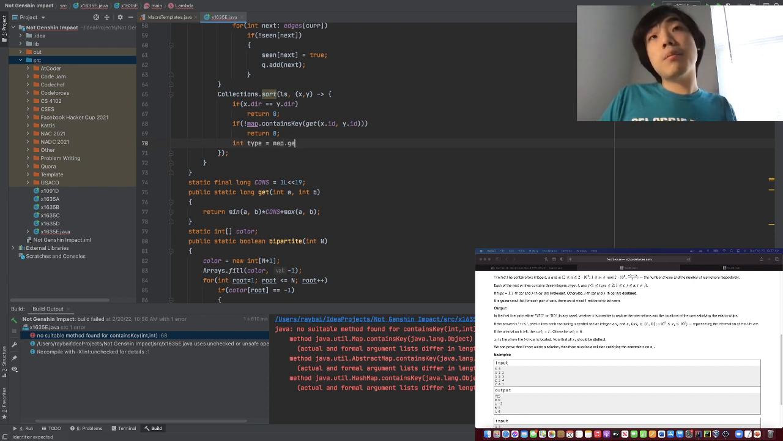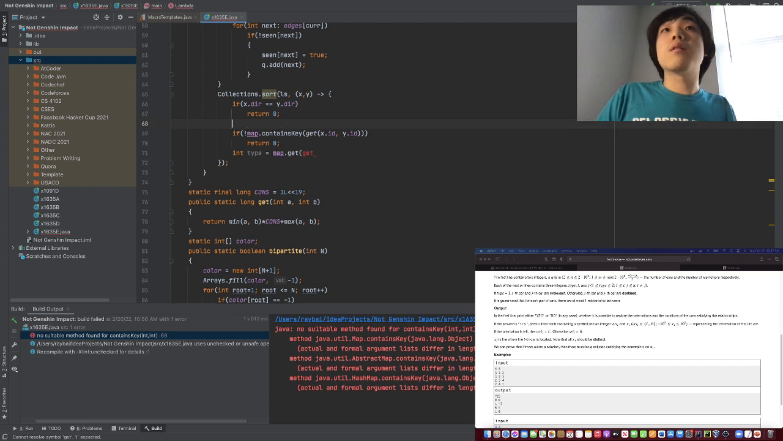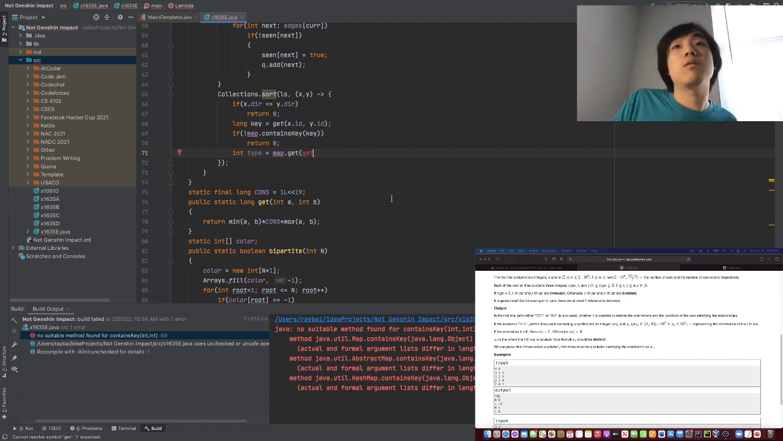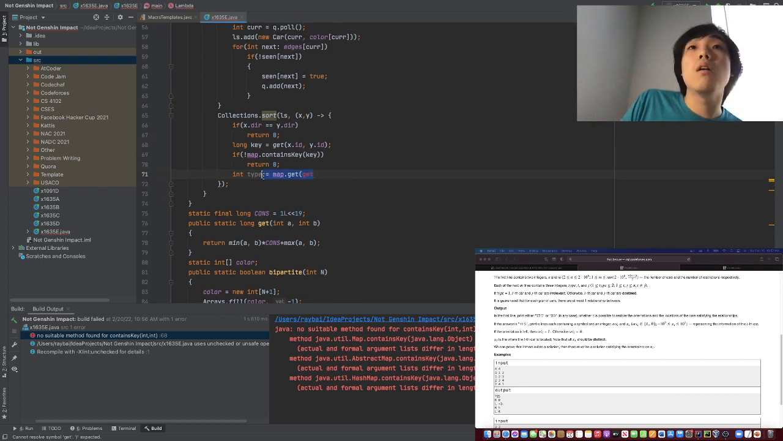Type is equal to map.get. Okay, so long key is equal to get. Oh, we already did the min thing, yeah, internally. Yeah, so we don't have to worry about that. So if it doesn't contain key, then we don't care about this relationship, so just say it's 0. Otherwise,